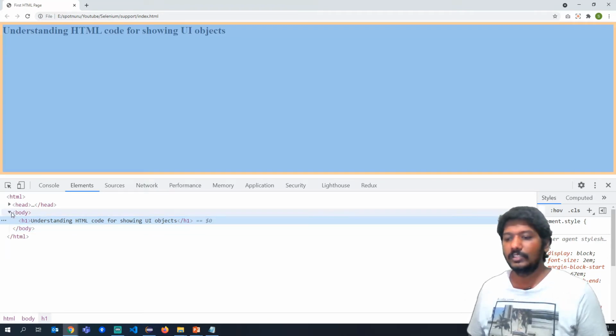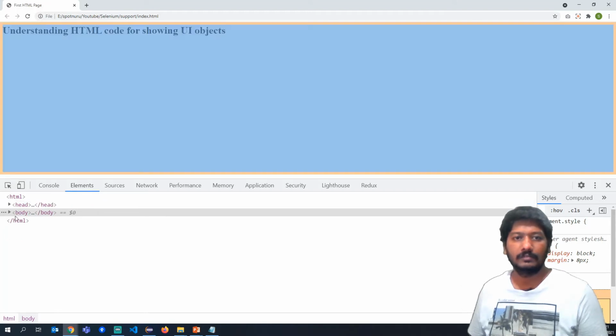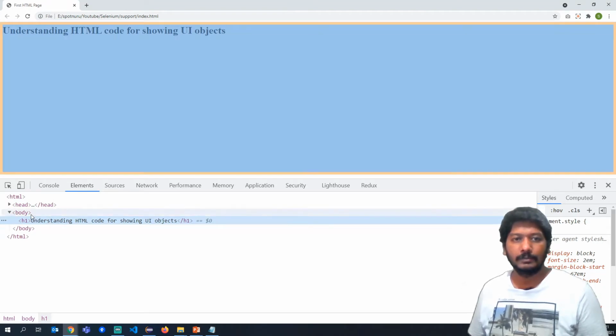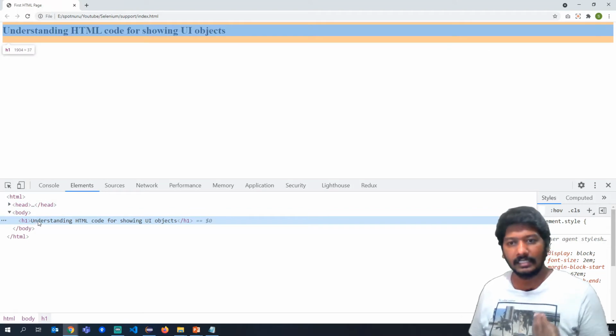Here I can collapse it, expand it, whatever you want. Inside body I have an h1 tag, and whatever I select, that entire part gets highlighted. Here I selected h1 and that particular part is highlighted in the browser.